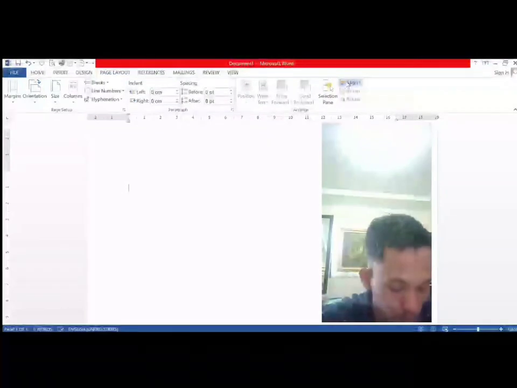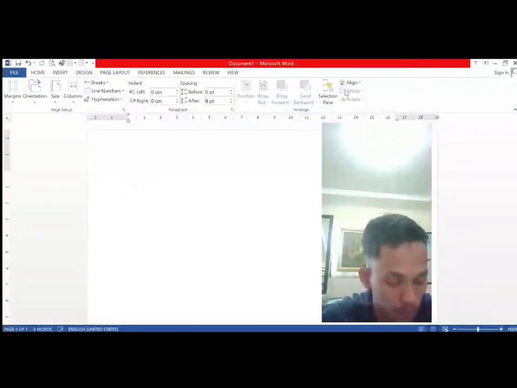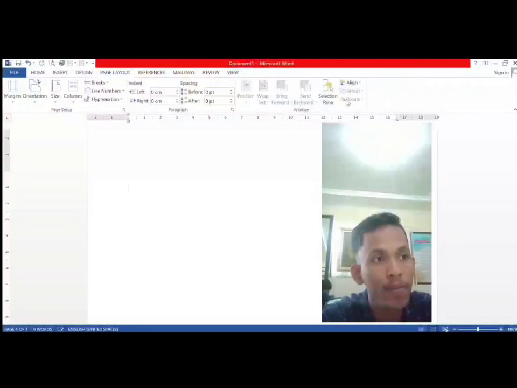Next, group. This menu has the function to unite several objects or images into one for easy organization. Next, rotate. This menu has the function to rotate the tilt angle of an image or photo.